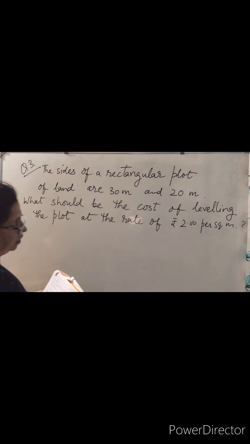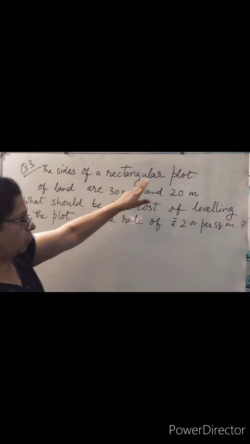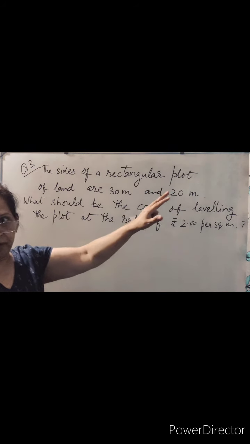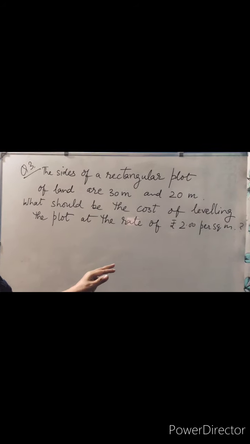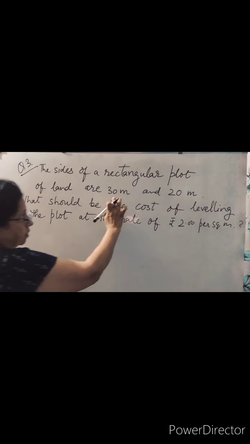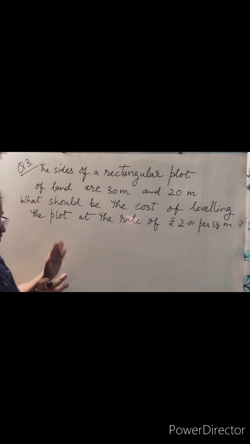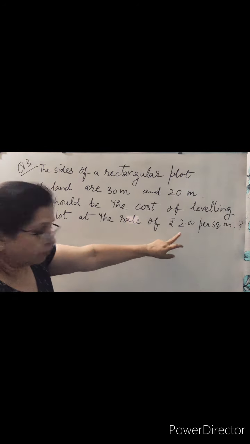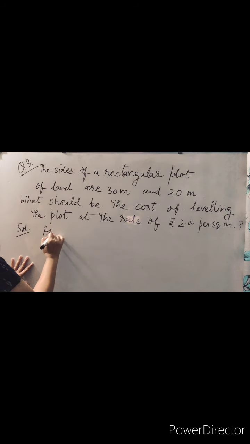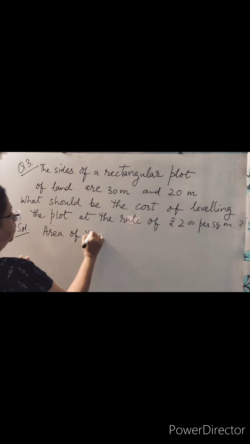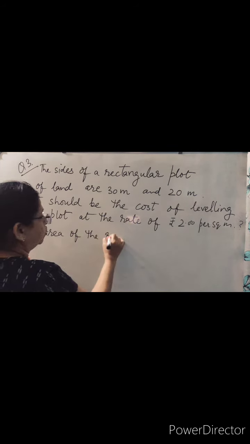This is your question. Now from this question, you can see that it is a rectangular plot. So we have to find out the area of a rectangular plot. सबसे पहले हम क्या निकालेंगे? Area of a rectangular plot. तो this is our first part. ये इस question में you have two parts. So in the first part you will find out the area of the rectangle, and in the second part you will find out the cost of leveling the rectangular part. So I will start my solution from the area of the plot, or you can say that rectangular plot.